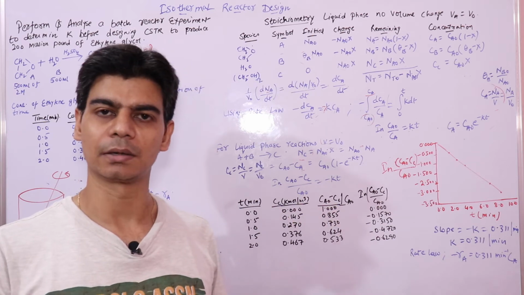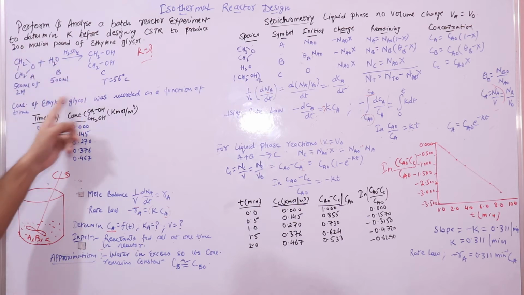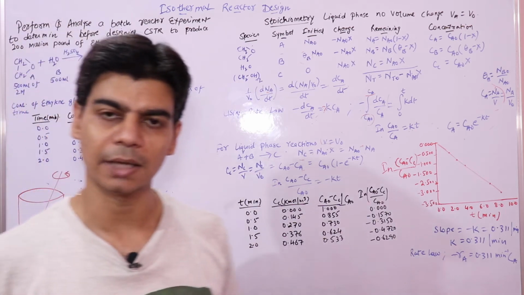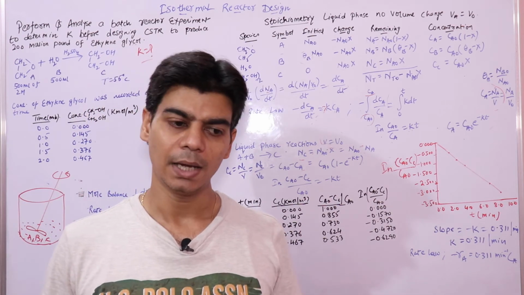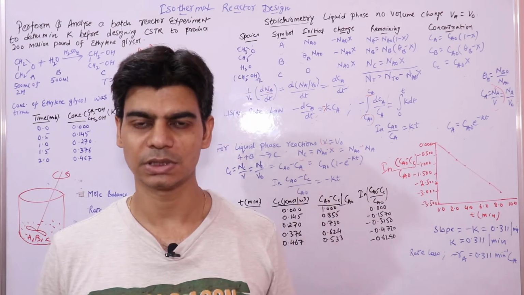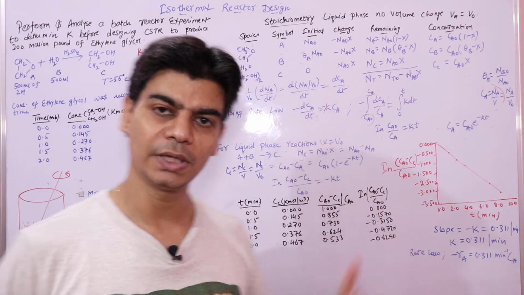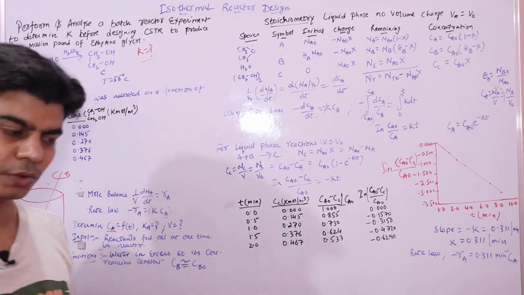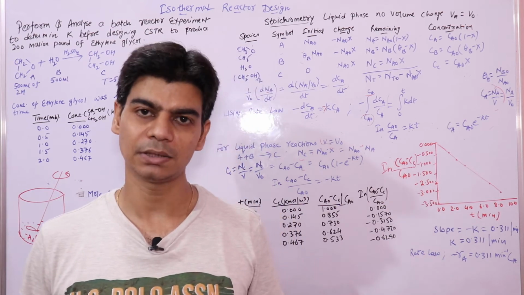designing a CSTR, a continuous stirred tank reactor, to produce 200 pounds of ethylene glycol in a year. That is, we want to produce ethylene glycol on an industrial scale, on a large scale. And so we will be developing a design equation for the CSTR, so that we can make ethylene glycol in the CSTR, because if you remember, when we were deriving the design equation for reactors,